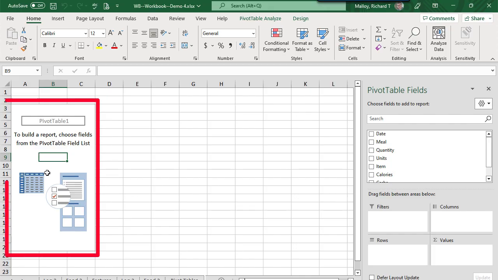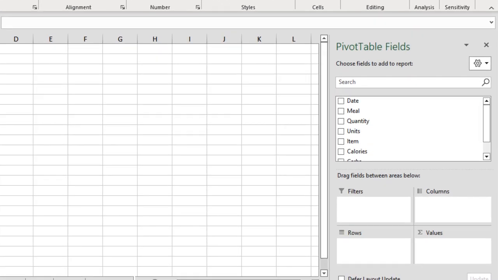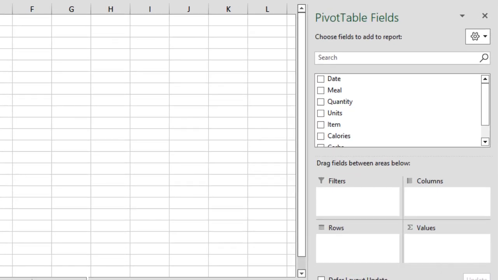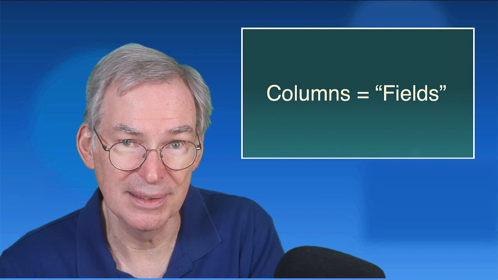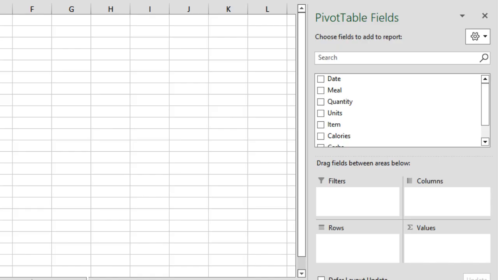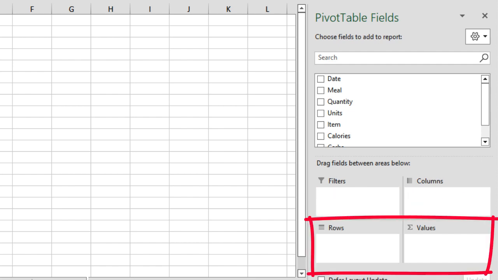Now we have a new sheet, and on the left is a design where our pivot table is going to be, and on the right is a list of columns in our log table. Now, as you can see, in the pivot table world, they suddenly call the columns fields. Columns, fields, whatever. Then below the columns, fields, there are 4 boxes, and all we have to do is drag the columns or fields to the appropriate box. Now we can ignore that first box, filter. That's pretty rarely used, and we don't need the columns box,